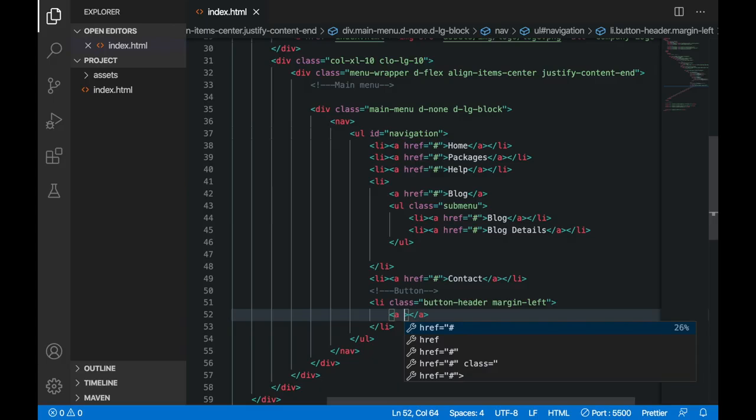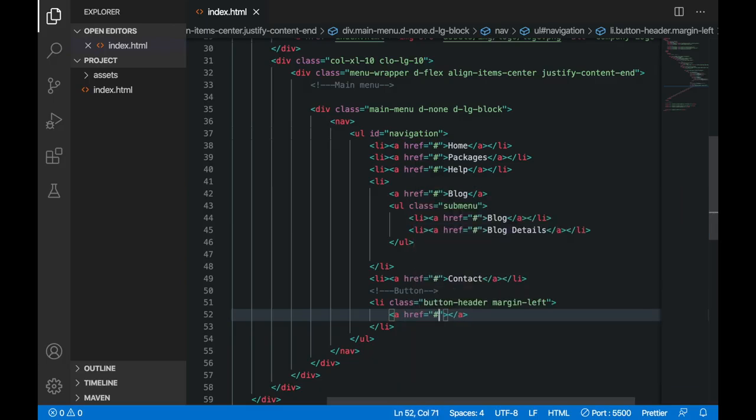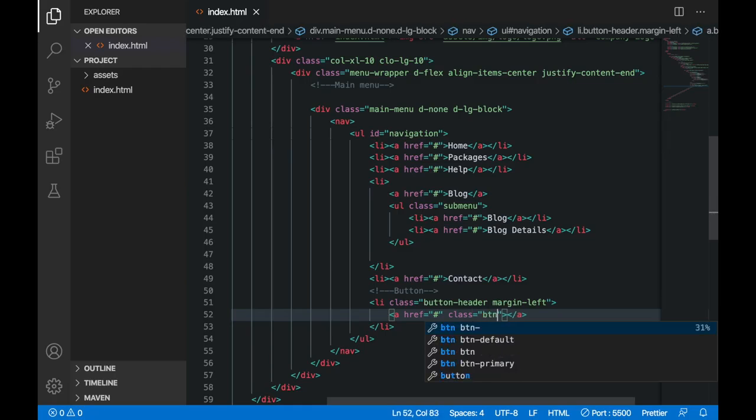So here I will specify this href attribute, and I will just write this pound symbol because it is pointing to nowhere as of now, and then give it a class name of button btn, because I have already written the CSS rules for this in my style sheet. And after this, the text that I'm going to write here is sign up.